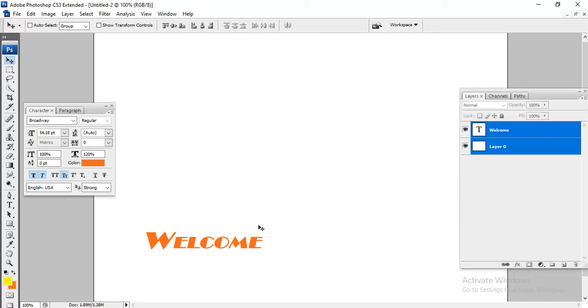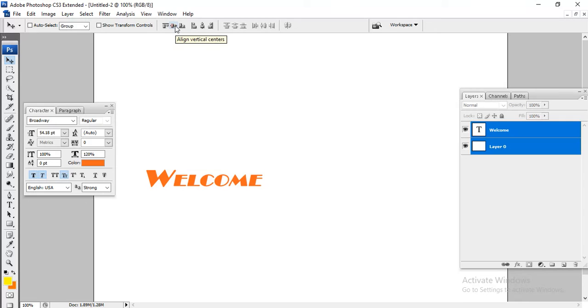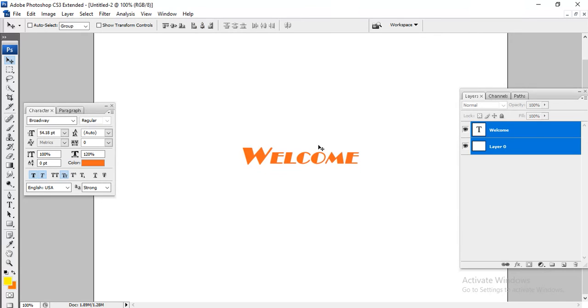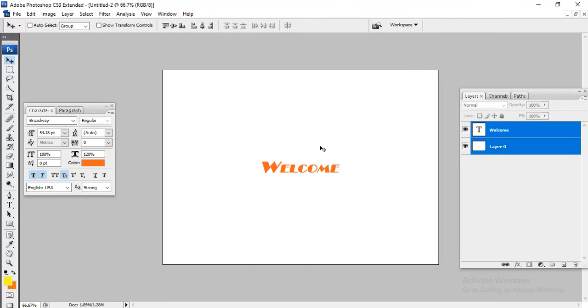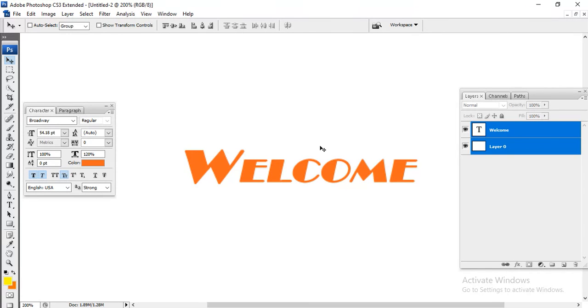See, when I select this one, you can see the options: top alignment, center, bottom. You can see in the document it's at the bottom. Now I'm clicking center. Whatever we did, it's a vertical center. Now we want the horizontal center. Nearby we have another option, horizontal center. That's all. See, now we are in the exact place. We put the text in the center of the document. Now I press Control minus.